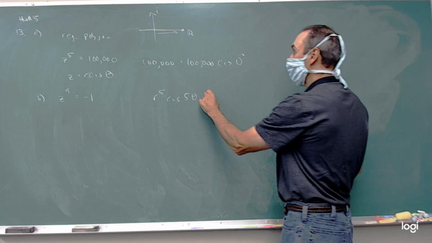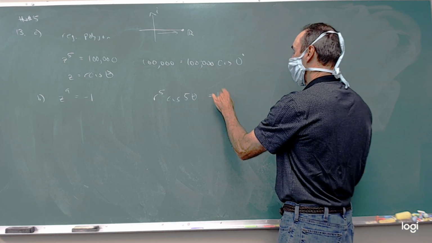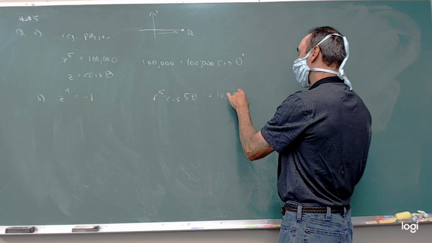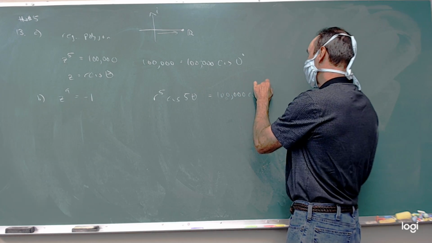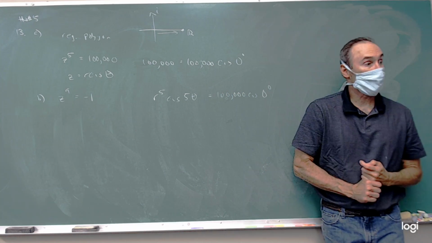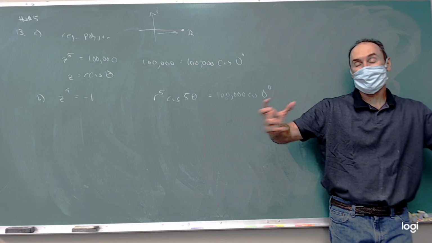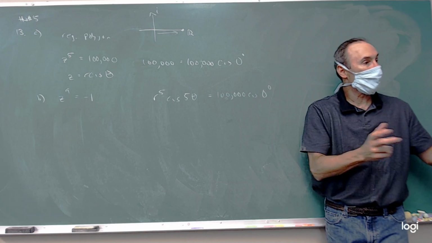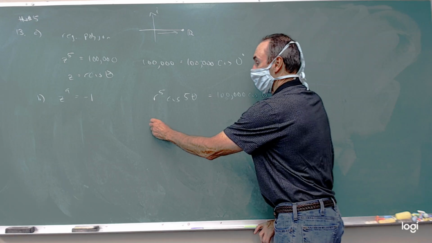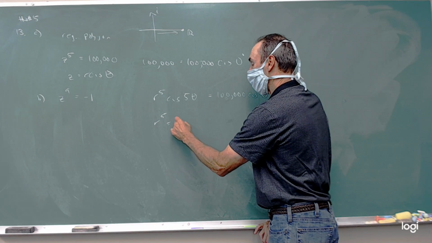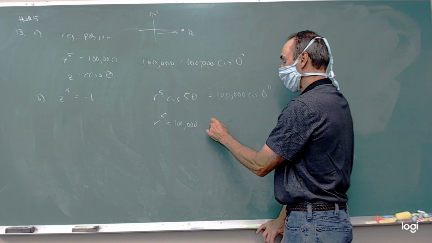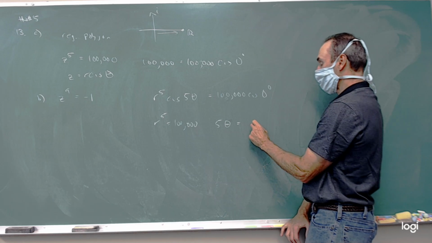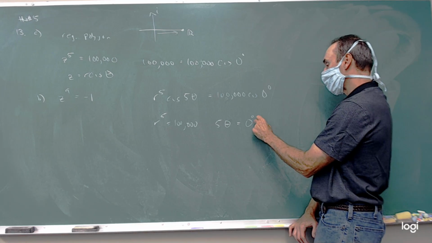And that's going to be equal to 100,000 cis 0 degrees. Okay, so far. So then we break it up into two pieces. We set the r parts equal and the theta parts equal. So r to the fifth is 100,000, and 5 theta is going to be 0 degrees plus